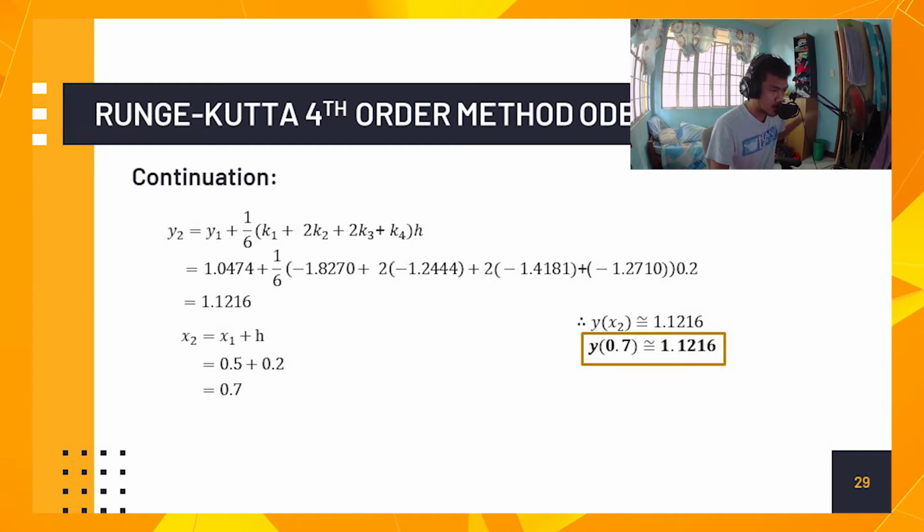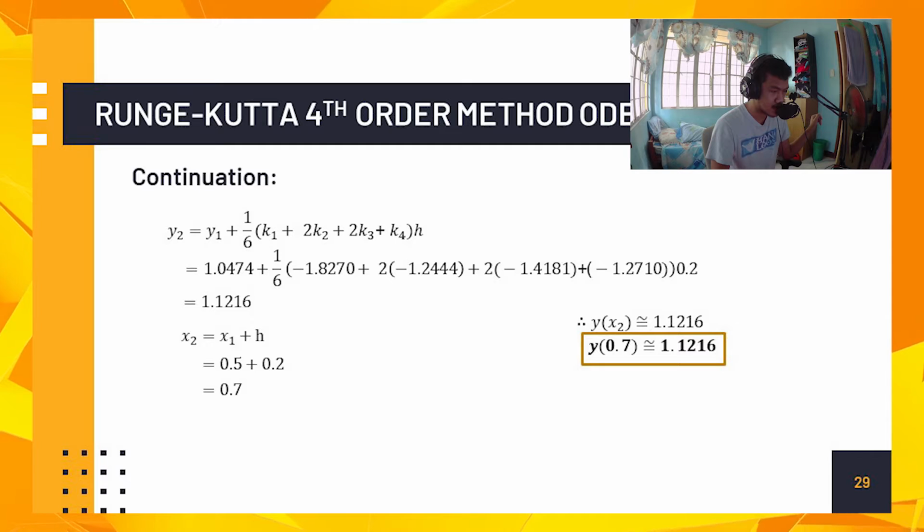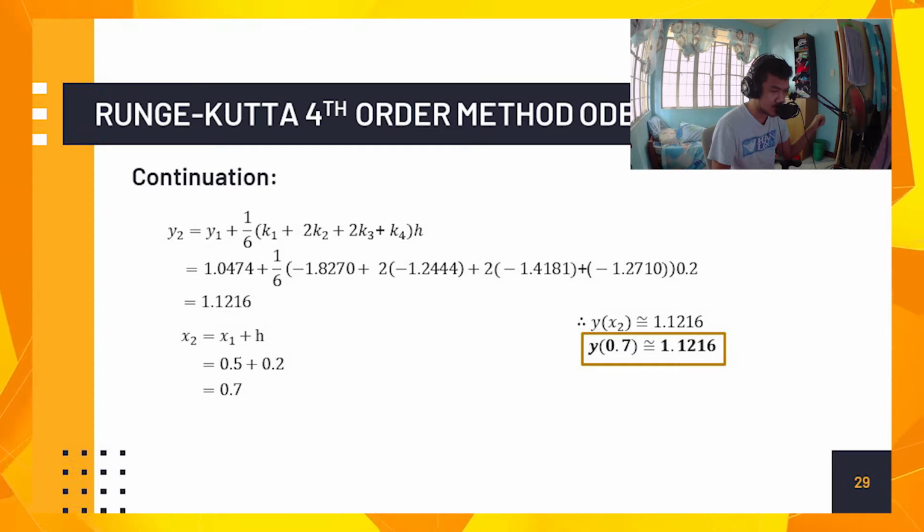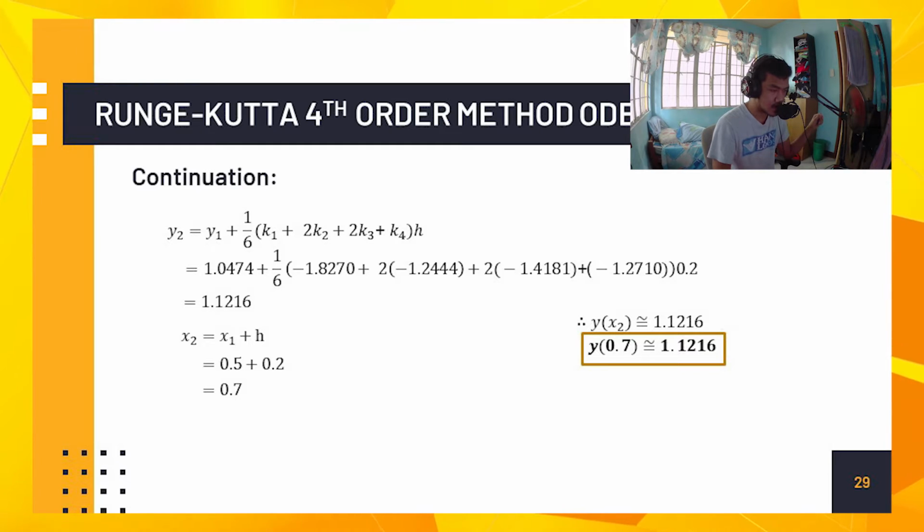That'll give 1.0474 plus 1.6 times the quantity of negative 1.8270 plus 2 times negative 1.244 plus 2 times negative 1.4181 plus negative 1.2710 times 0.2. That'll be equal to negative 1.126